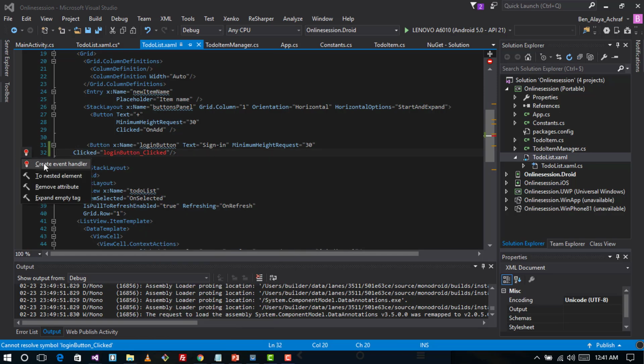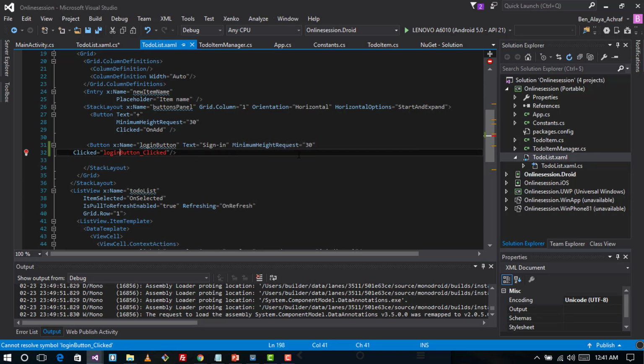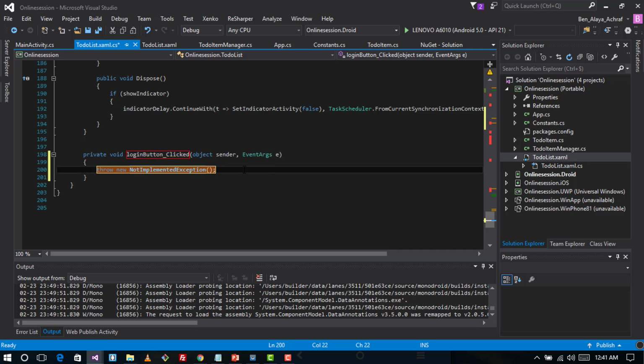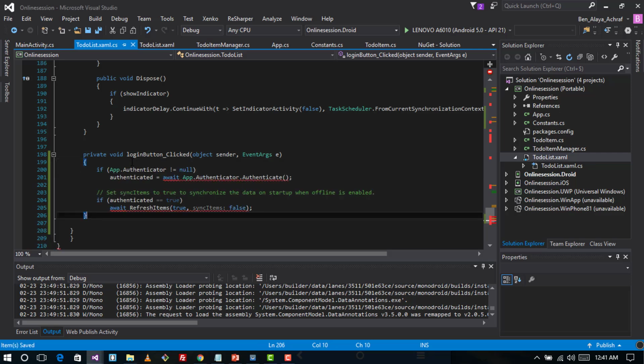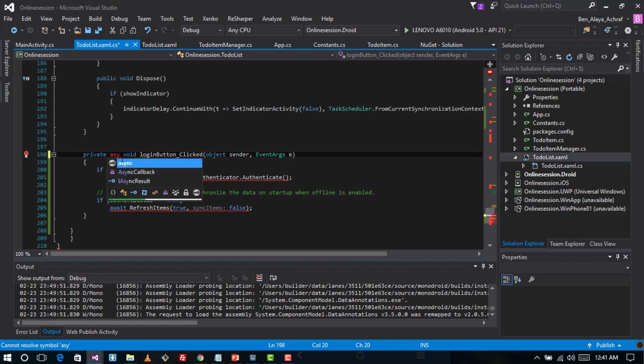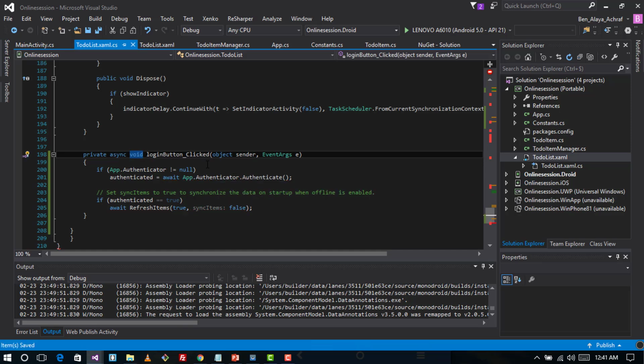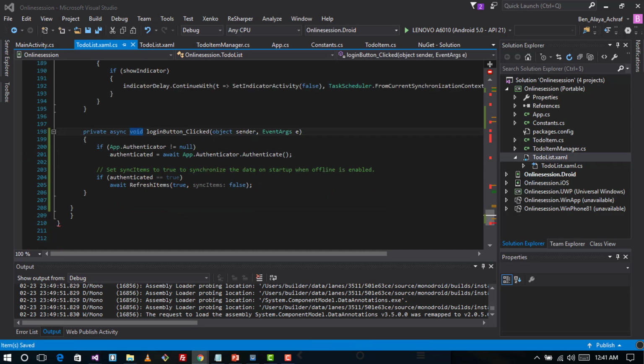You can just click here, create event handler, and Visual Studio is now creating my event handler. This is now my button, and I'm going to configure it. Let's delete this. Okay, and now we are going to add some stuff to my button. Alright, here we have await, and sure, this is an async method. Now my code is right,